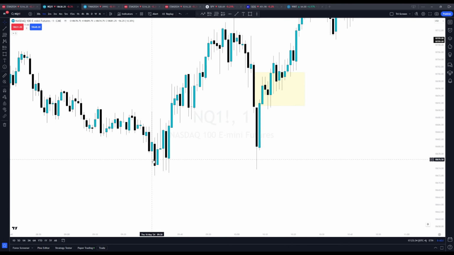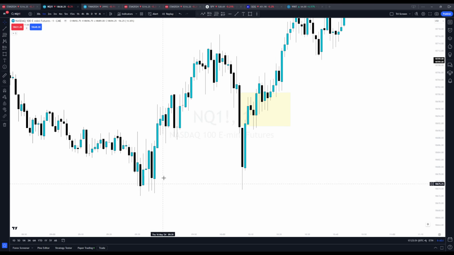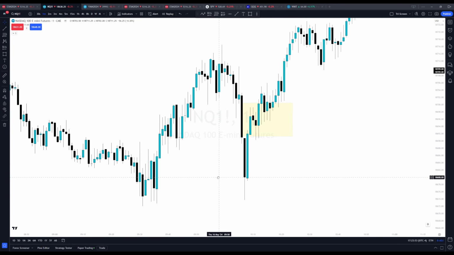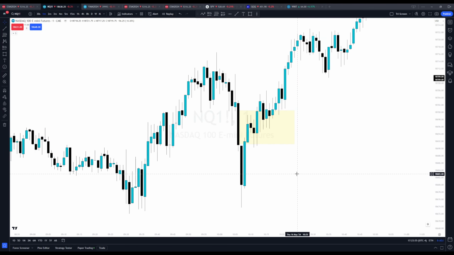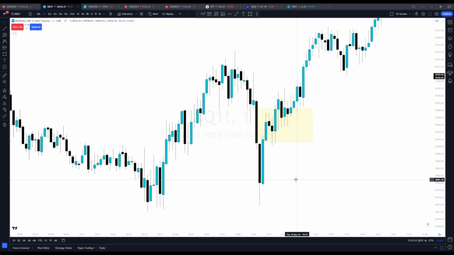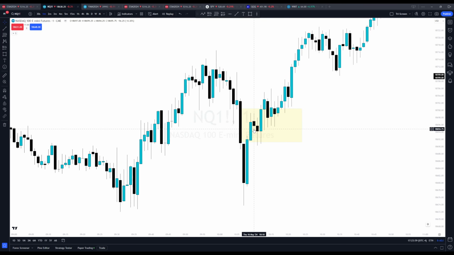So that's our SMT. What is an SMT? An SMT shows strength, right? It shows that NQ is so strong that it doesn't even want to take these lows, but ES took those lows. We always look for a reversal off of lows, and it shows strength, and then we know that at least one index took a low. Now we can look for a reversal, and going back to what I was saying, pretend this is the daily chart. These FVGs work on every single time frame.